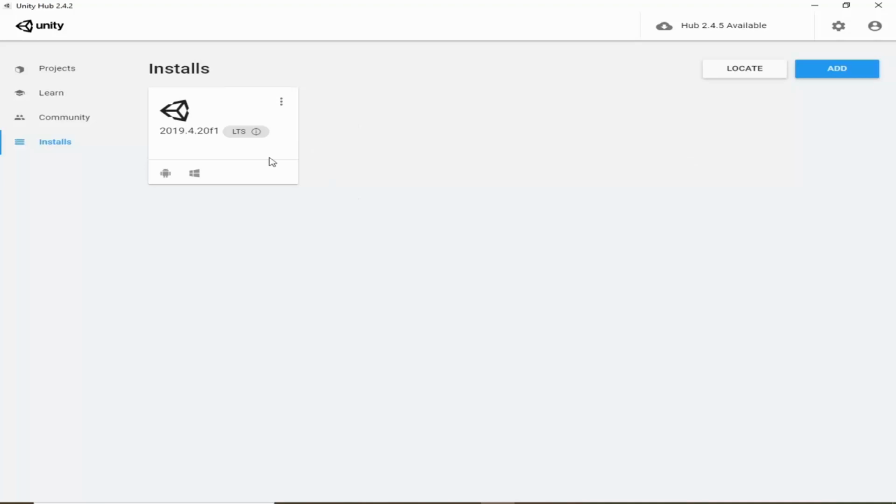Currently I have downloaded 2019.4.20 F1 LTS. This LTS means long-term support. So whenever we download any version, it is recommended to download LTS version so that we don't face any difficulties in future. We will download a new version in a moment, but first of all we have to do some